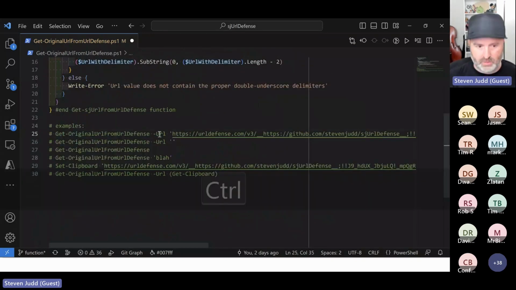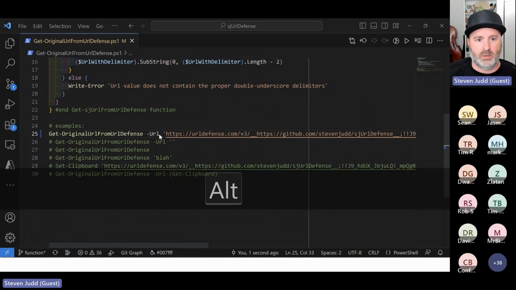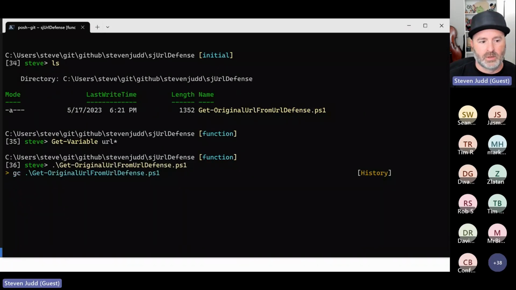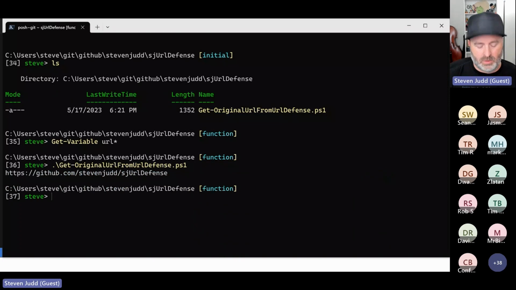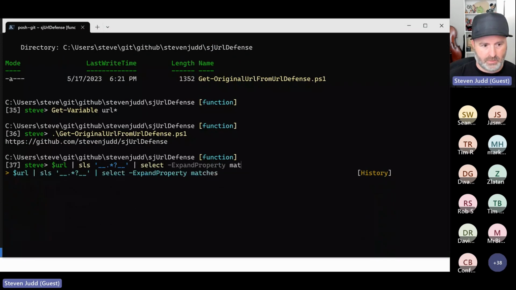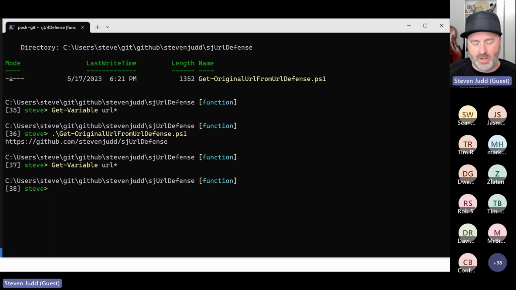We'll do the first one. Okay, back to here. So now I'm going to do get original and run. Okay. Now I want to do get variable URL. It's not there. That's the thing I like the most about functions.